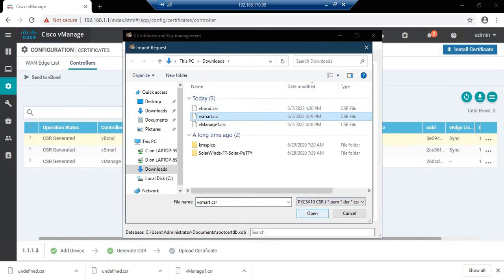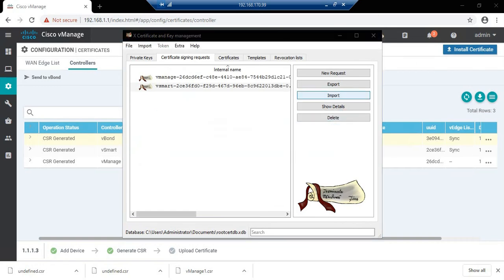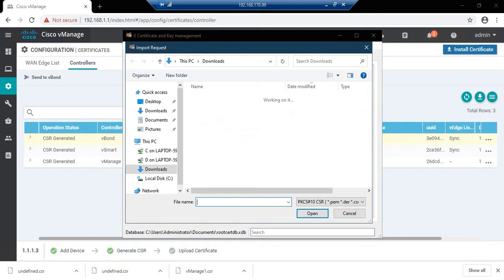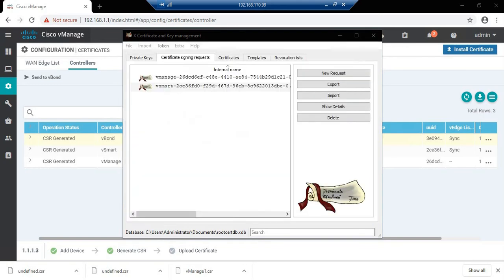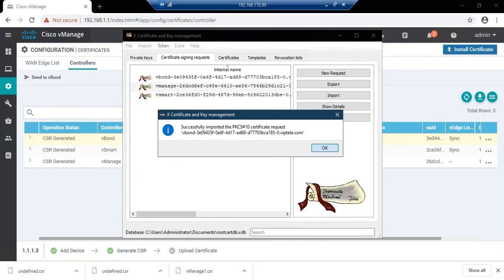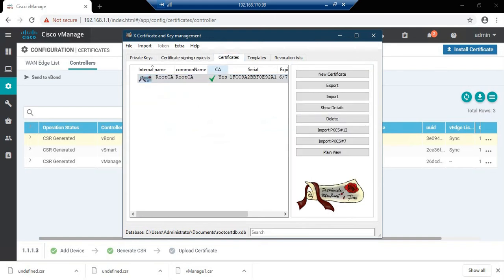BSmart. Let me import B1. I have imported the 3 certificate signing requests, but if I see in my certificate we have only one root CA and nothing below it.